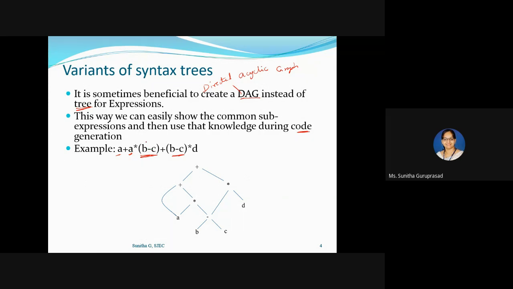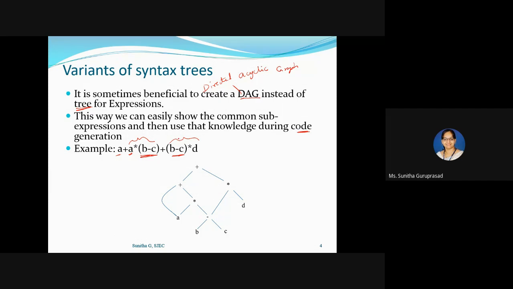If I write this in the form of a normal syntax tree, how will it look? As you already know, we usually start with the down part. We can separate this like this, and this like this. You can write it in any way, but you always have to follow the precedence level.